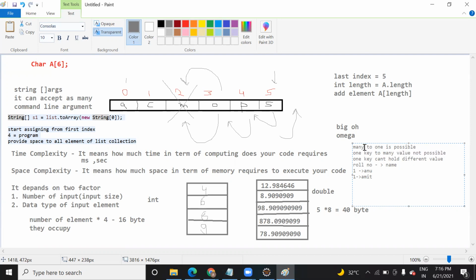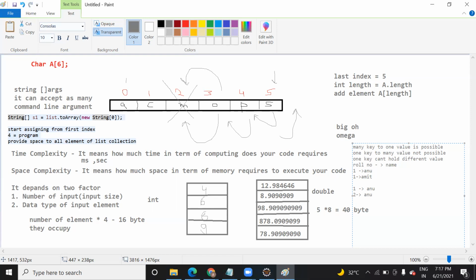However, many keys can have one value. This is possible. You mean roll number one and roll number two can have the same thing. Yes. Suppose one roll number can have name Anu, and roll number two's name also is Anu.